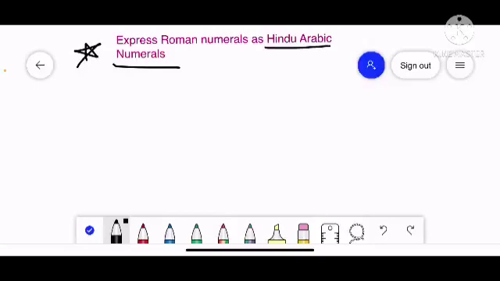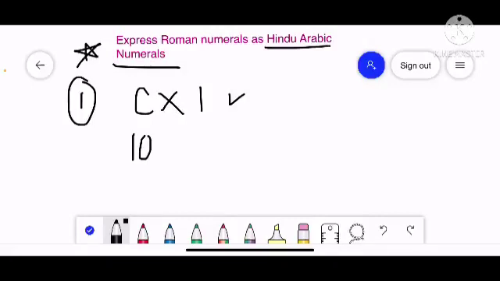Suppose now we have to write CXI as Hindu-Arabic numerals. We are simply going to put the value of letters. The value of letter C is 100, and on the right side X is written, it means we are going to add, that is plus 10, and after that I, that is 1, and we will get